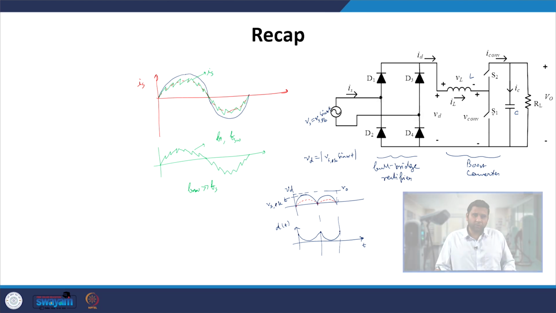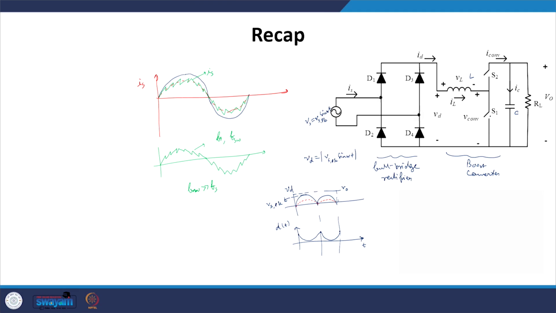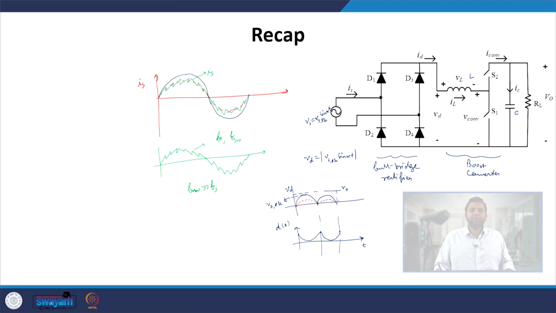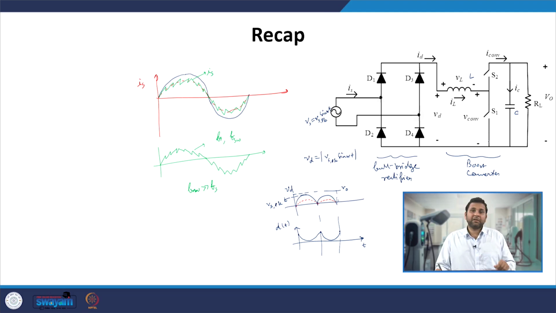So, the control objectives we have seen, and we have also seen the plant model to derive the controller parameters. We have briefly understood the criteria using which the controllers are designed, and we have seen the constant frequency control where we are just changing the duty ratio. One can also use hysteresis control, where they can vary the current ripple within a fixed band, and that band could be constant or variable. All those things we have gone through in our previous discussion.